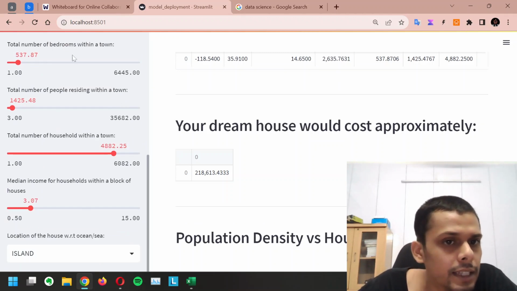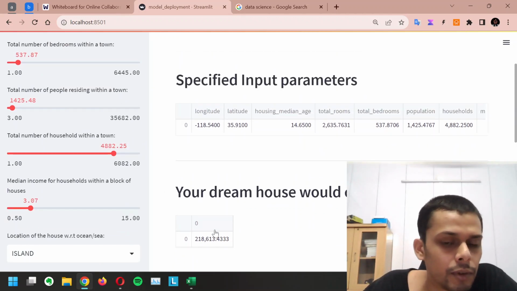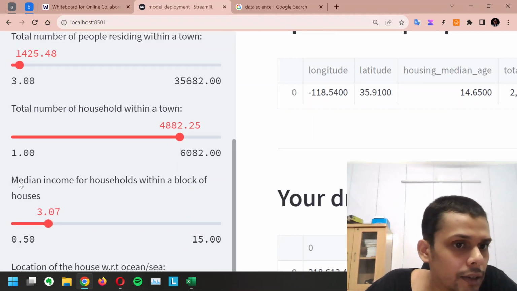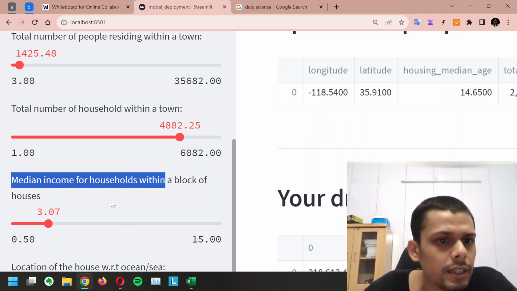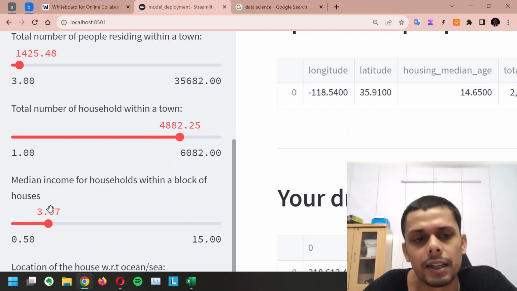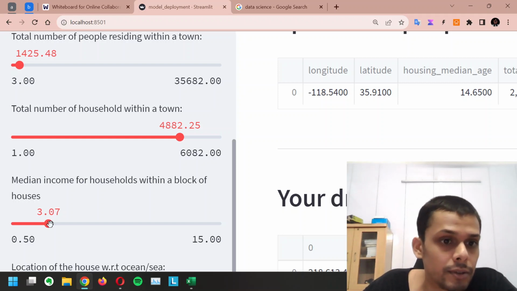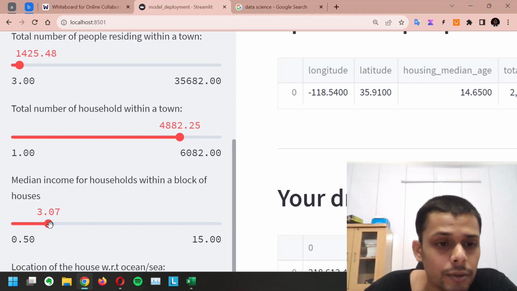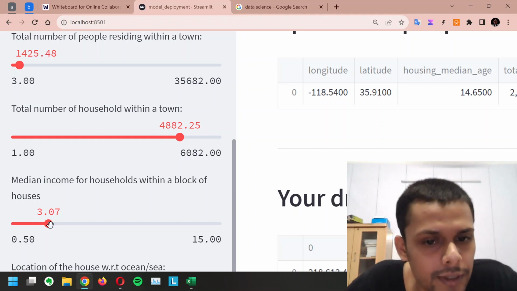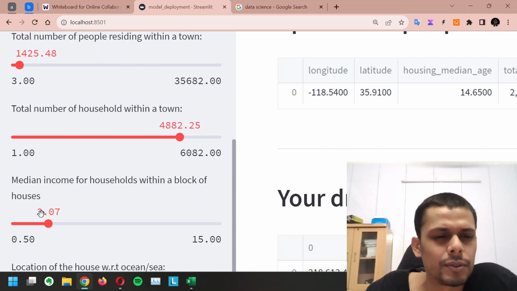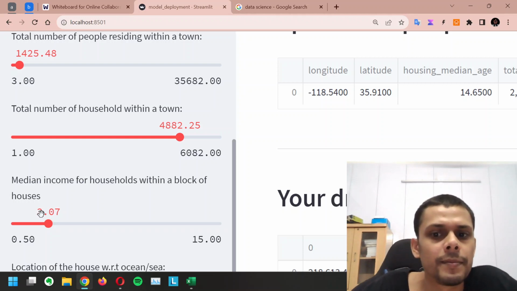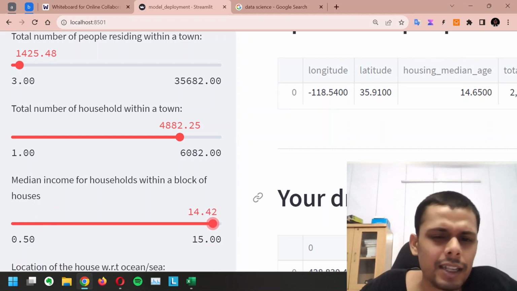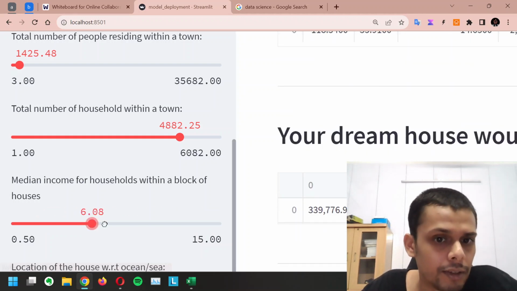And given these features, look at the prediction that our machine learning model is making right now. Let's take a look at this. Median income for household. It may signify something like rich people versus not so rich people. So 3.07, I believe it's in units of 10,000, so 3.07 would mean something like $30,000. Yeah, so let's say it's 30,000, and anyway, the point is, if you change the value of this,